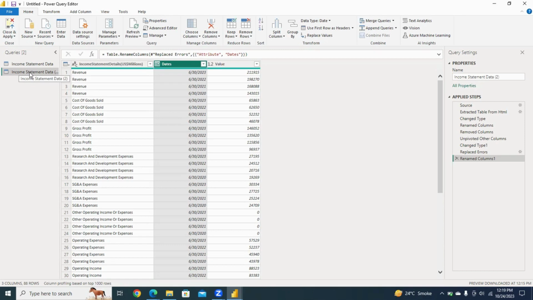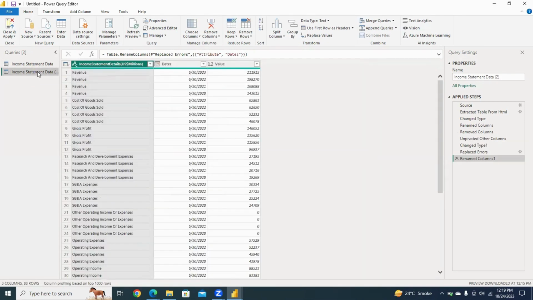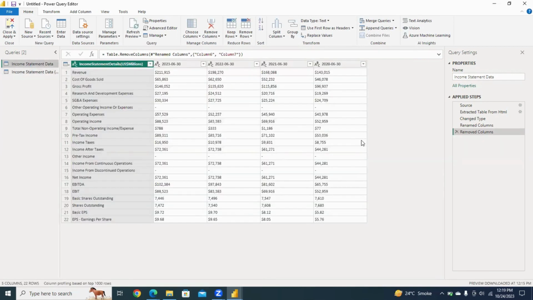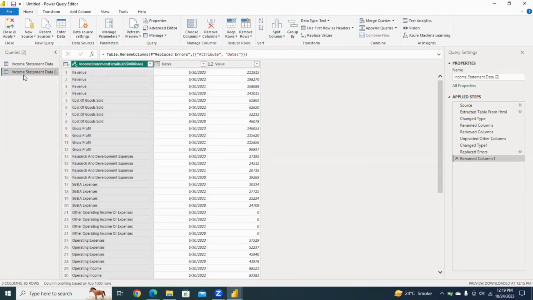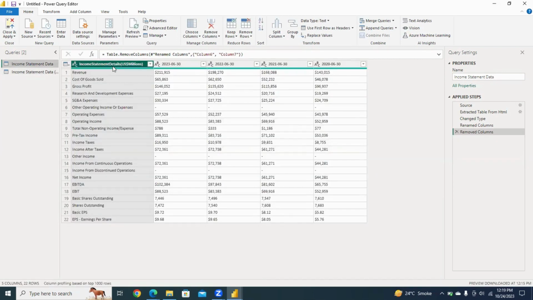I have renamed my tables as Income Statement Data and Income Statement Duplicated. So yes, I duplicated my previous table and removed all the steps which I applied. I applied multiple steps, you can see in the second table. Let me show you the source, starting from the source and ending at the Rename Column 1. So yes, these steps were applied. I crossed all the steps and went back, and we got our original form of the